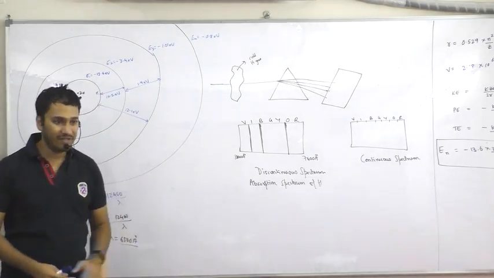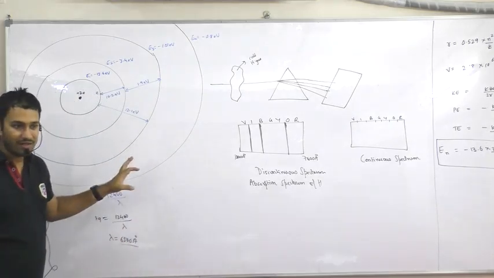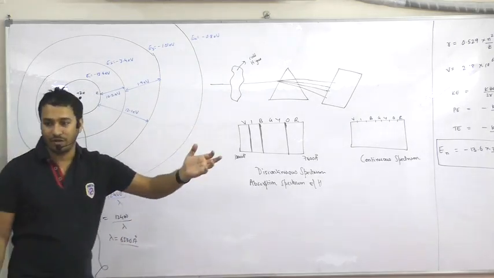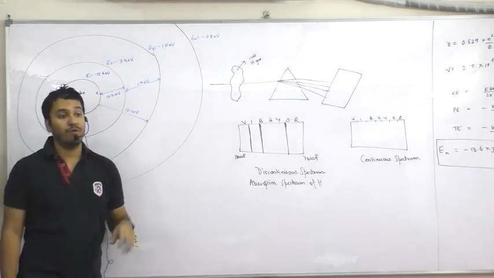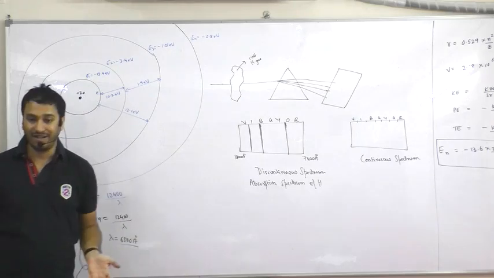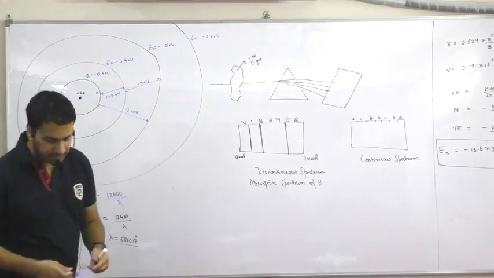Rutherford could not explain this. This experiment was performed before Bohr had proposed his model. So that's why it became a drawback for Rutherford's model, because Rutherford could not explain why certain photons are getting absorbed by hydrogen and others are not getting absorbed. Another part of this experiment was this: